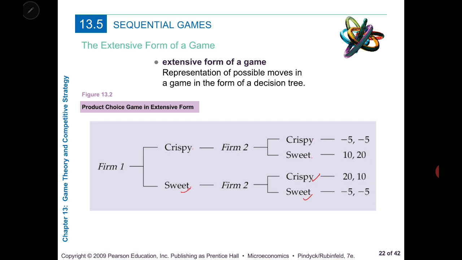The best outcome is if the market favors a sweet kind of cereal. So firm 1 will definitely choose, or they will book this one first. They will produce sweet cereal, and firm 2 will have to decide based on firm 1's decision, which is to produce crispy, and therefore you end up with one Nash equilibrium at 20, 10. So this is another way to show the sequential game, and this can be extended, because you have